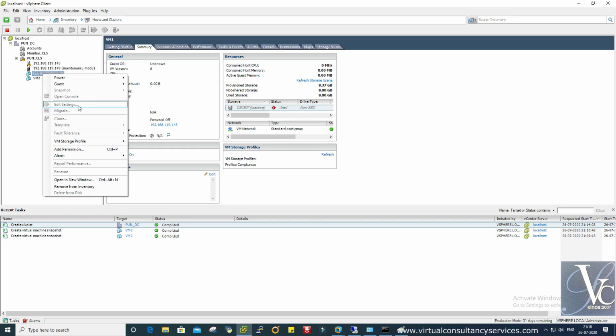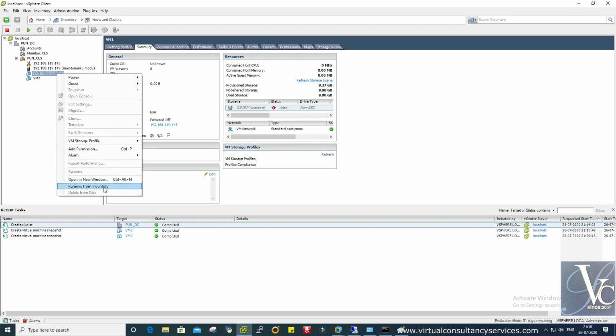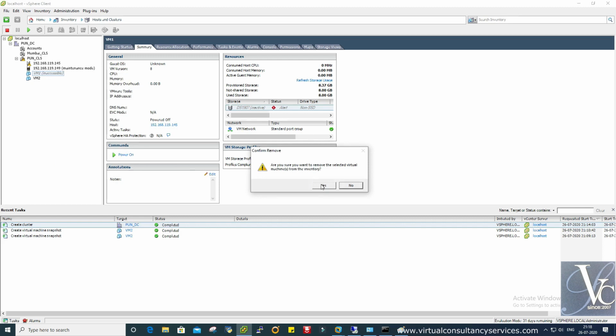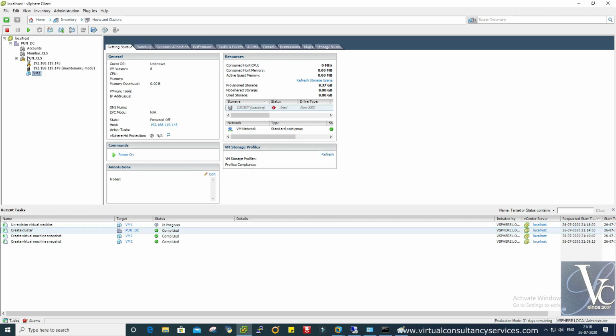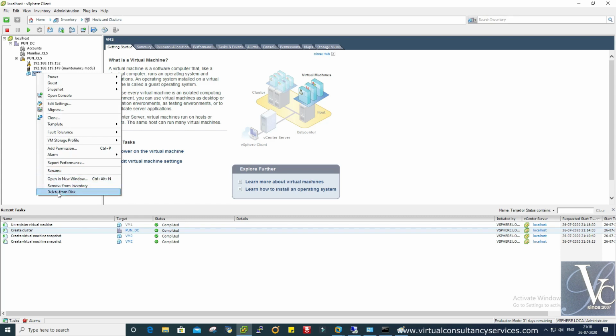Its data store, that is DS1907. So we first have to remove this VM from inventory, that is unregister the VM from this 145 host. I am just removing it. Right click on that VM and click remove from inventory. Are you sure? Yes. This one is gone, meaning it is removed from inventory, but it is not deleted.